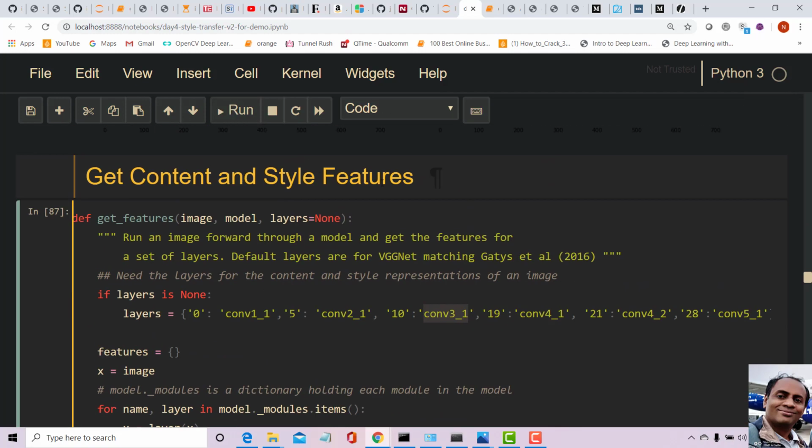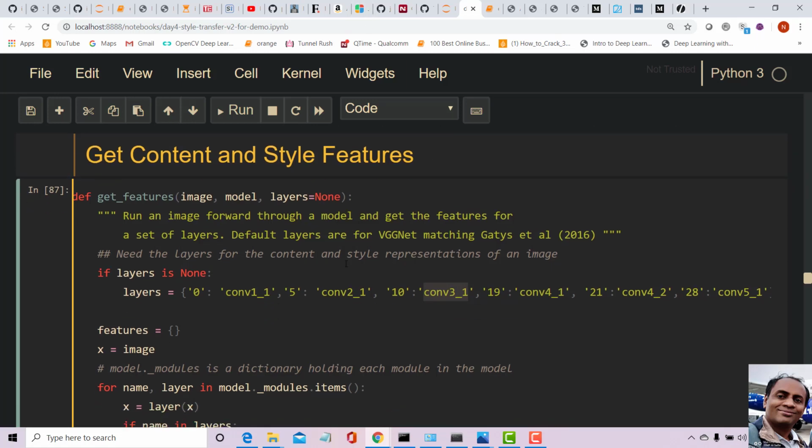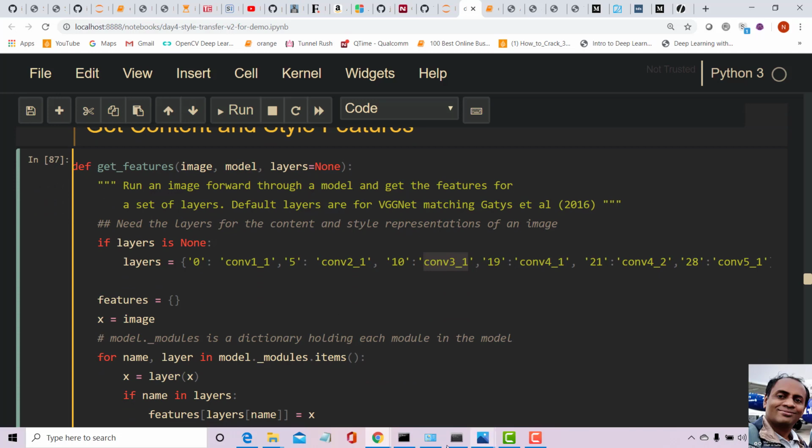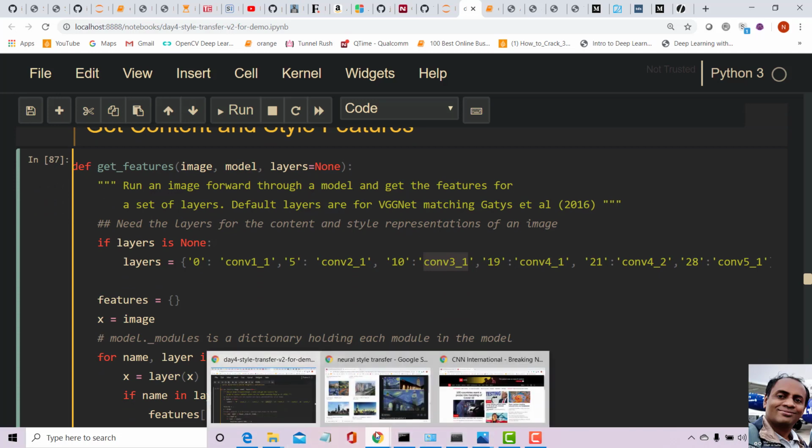Now let's understand the content and the style features. VGG19 has many layers, right? But we would be interested in only a few layers. Note that we are not going to do any image classification here. What we are doing is just extracting the style and the content of the image.